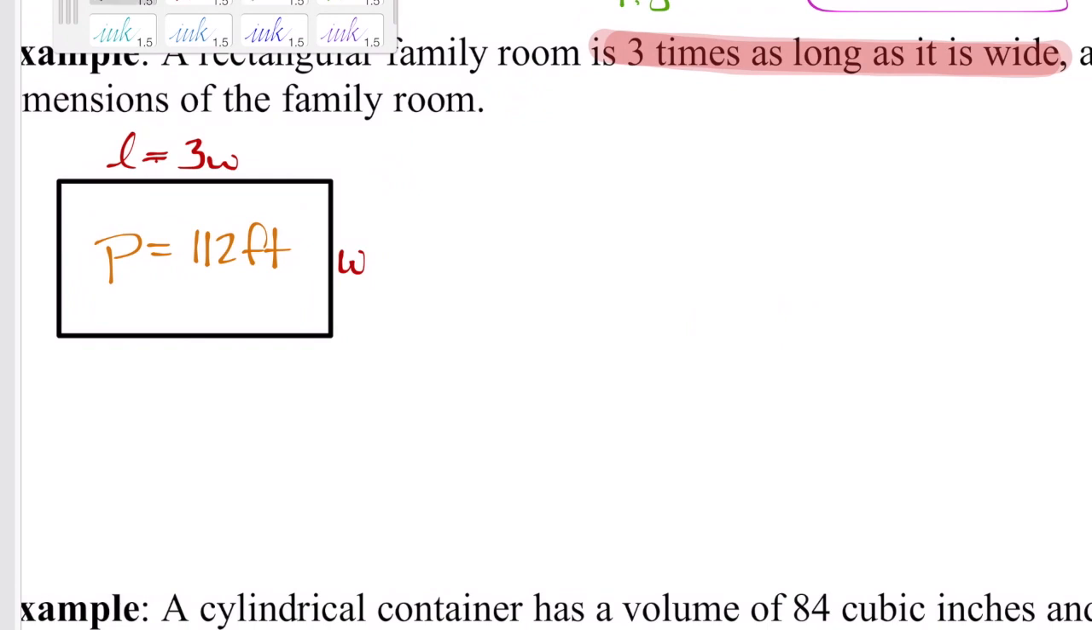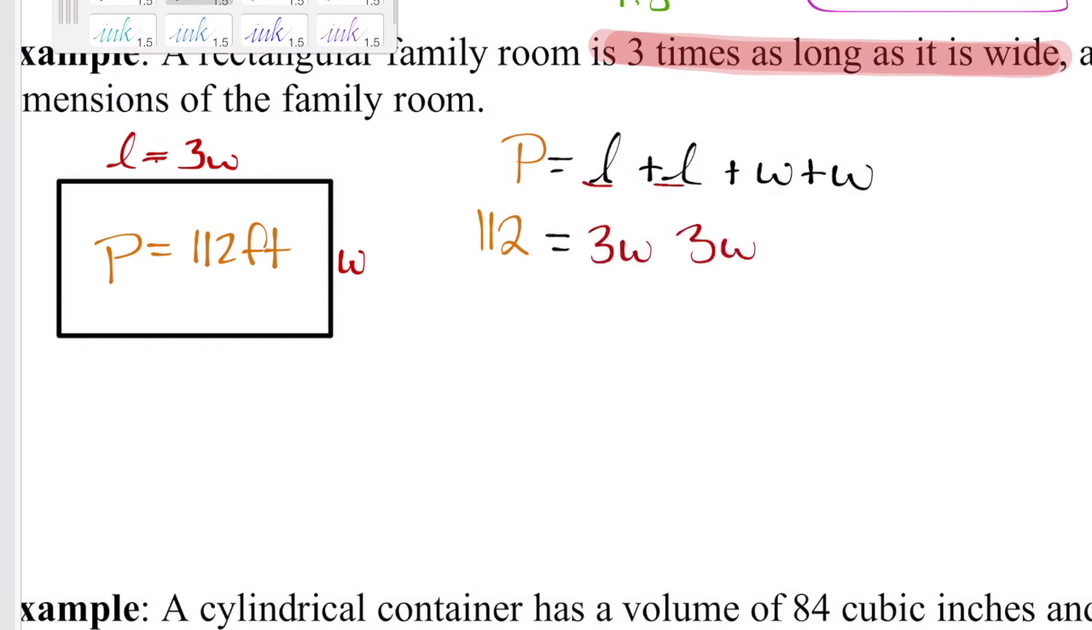So that means if I'm finding the perimeter, it's equal to the length plus the length plus the width plus the width. So I know that my perimeter is 112, and I've represented my length with 3 times my width. And I still have these other 2 widths. Not everything is in width, which is great because I can combine some like terms. And I can divide by my 8 to figure out what the width is, which in this case, it's 14